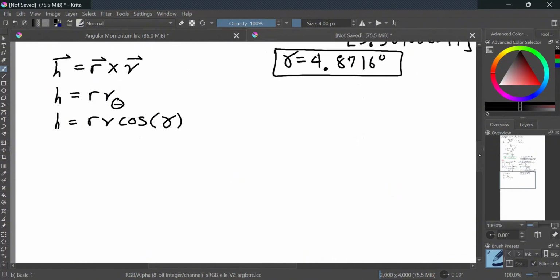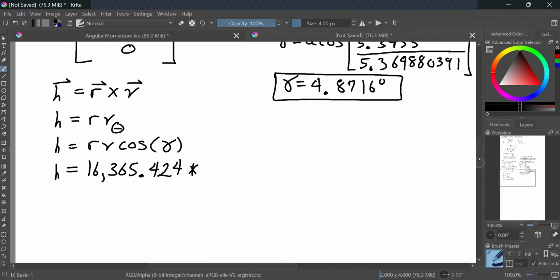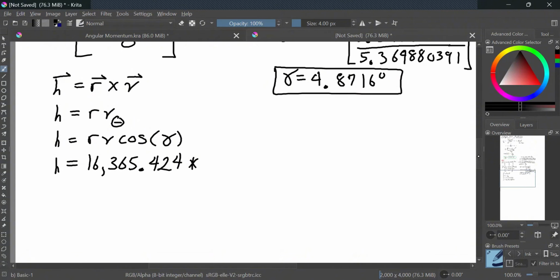We have our angular momentum is equal to our radius, 16,065.424, times our overall velocity, 6.831, times the cosine of